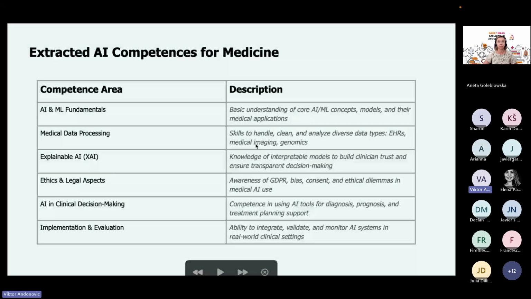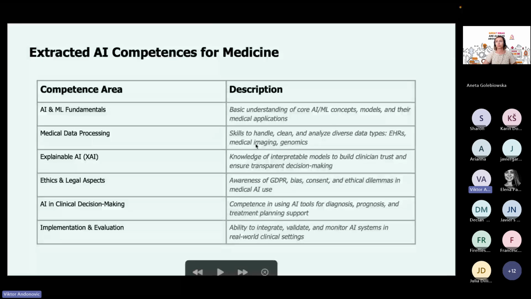Okay, and now using this methodology, we were able to extract competences in the economy and business sector, but then we wanted to apply it to different sectors because we just need the right data. We need the data from the medical institutions, from the academic institutions, and then we also need the data from the labor market. So what we did after this is we applied our methodology to the medicine domain, but because